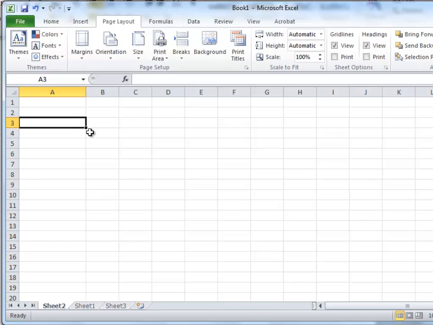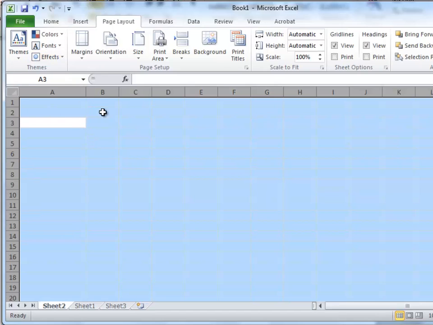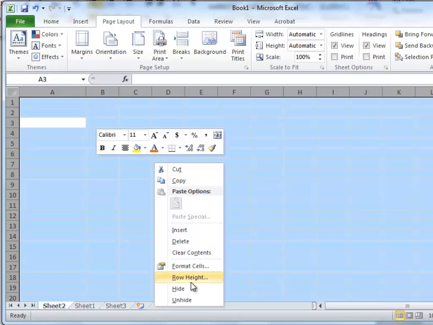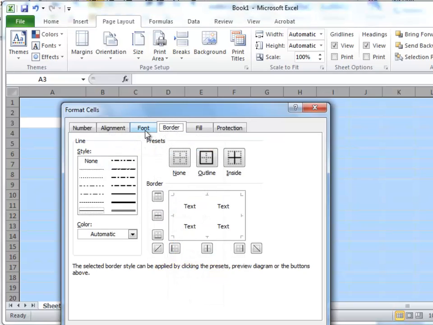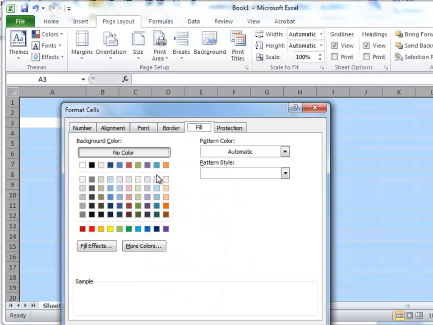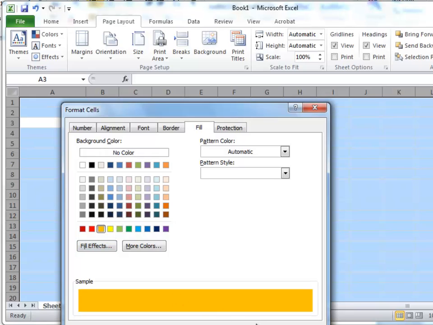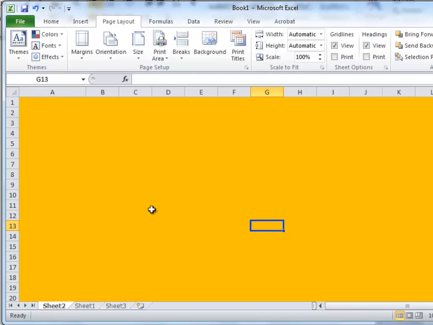So we can, using Control A or the edit and select all of these different cells, and we can change the colors of those cells by right clicking on there saying Format Cells, and we want the fill to be, let's make it something that you're going to be able to see, this tacky orange. So I say OK, and you can see all of the cells are now formatted that way. Okay, versus a background image, we would actually insert the image, and once we've inserted the image,